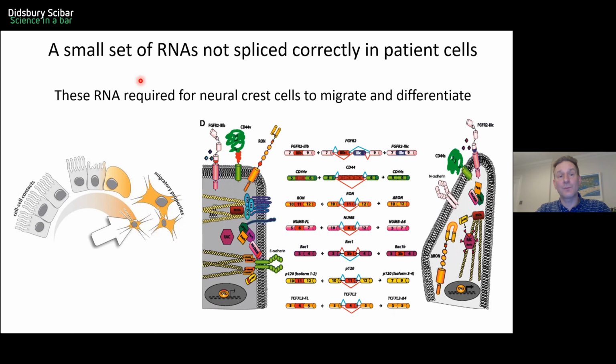And one of the genes that we found that is in this small subset is this one gene here called TCF7L2, where what we see in the patients is that, most of the time, in the patient cells, when we make them into neural crest cells, they haven't removed this exon 4, and they haven't gone to this form here. They're still in this form, so the neural crest cells are still in this stage here, and they haven't gone as well into this migratory stage.